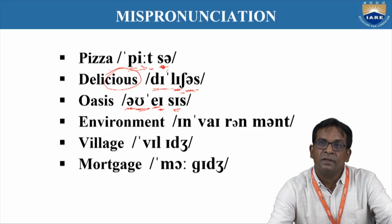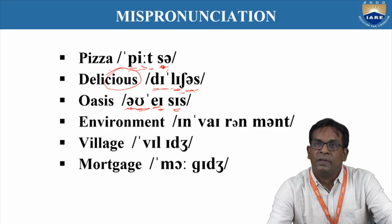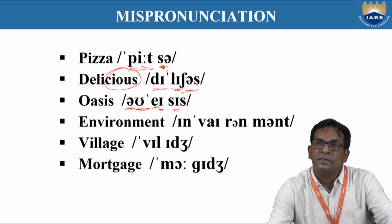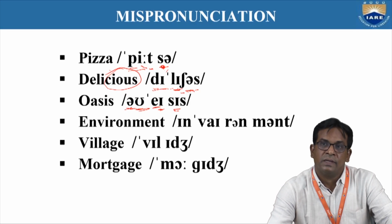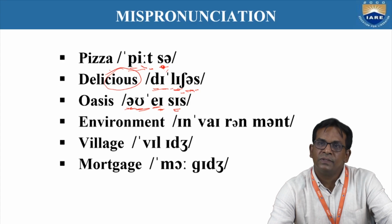will be recognized. When you have a conversation with other nationalities, definitely they will follow what you are actually conveying. If we pronounce this same word wrongly, definitely the other nationality won't understand what the person is speaking. That is the problem. So, pizza, delicious, oasis, and come to the next one,